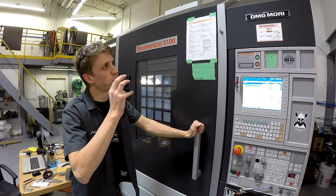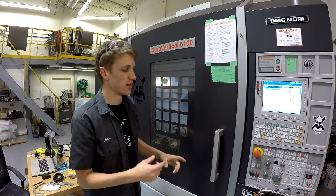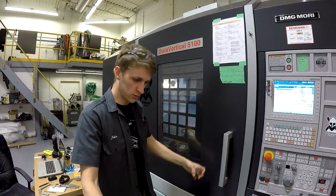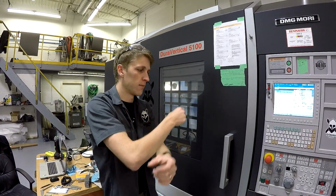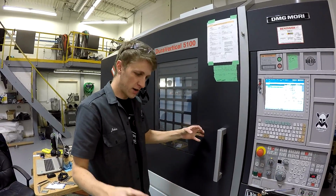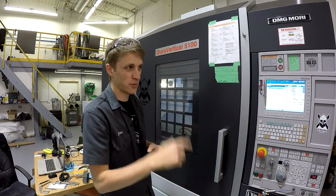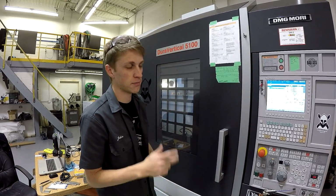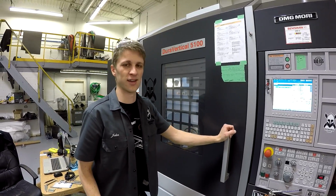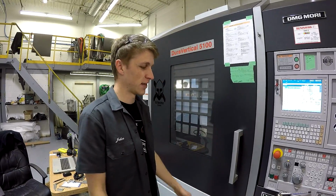it's so amazing. Like little things, like the guy showed us in the demo. When it's changing a tool, the arm grabs both the tools, puts them down, swaps them, puts them back up. The e-stop is so fast that it can stop that tool change arm halfway through. It's crazy. Whereas on the Tormach, especially with Mach 3, I'm not sure about PathPilot, it's a lot faster, but with Mach 3, you hit the e-stop and it's like 2 seconds later, everything's stopped. On this machine, it's like a millisecond later. So that's pretty